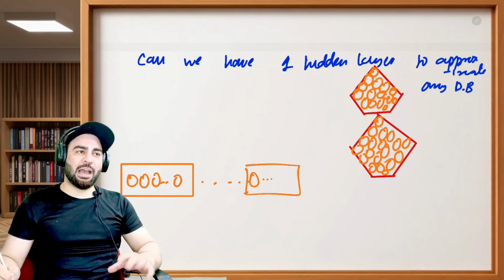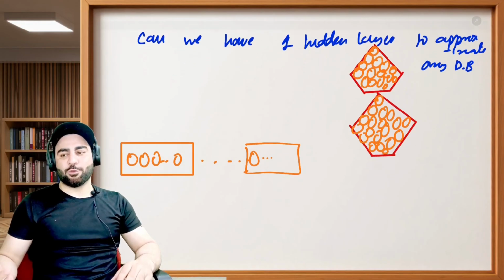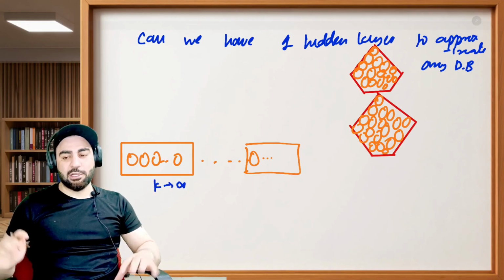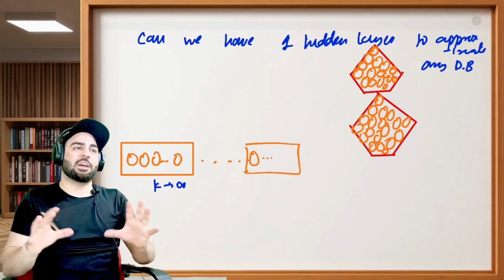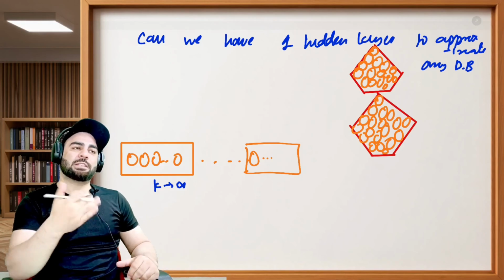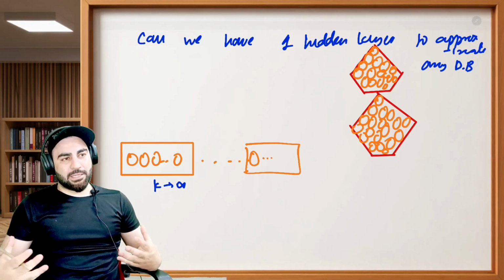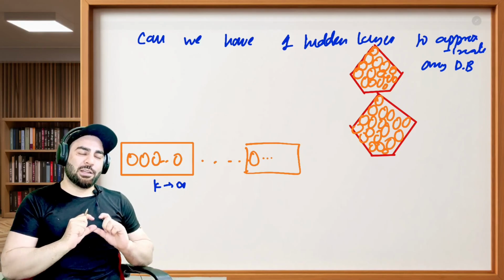So in this case, if you have one hidden layer, what is the number of neurons? Let's suppose k, and this k tends to infinity. For each circle, you need an infinite number of neurons, and it depends how much precision you want. As I said, with k equal to 64 it looked like a circle, but it was not exactly a circle. So the amount of precision that you want, you will have to accordingly increase the width of this